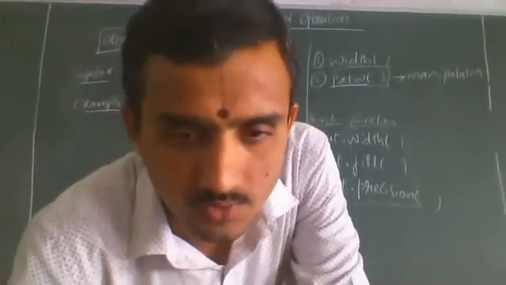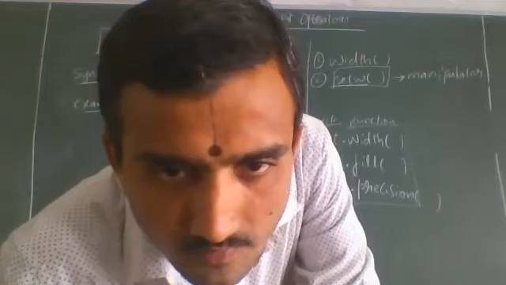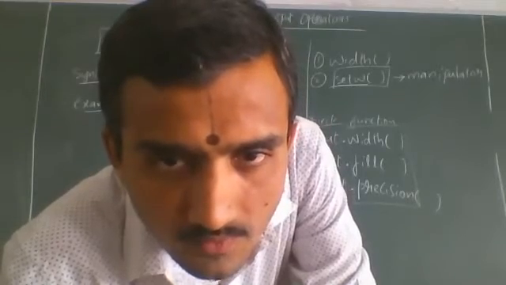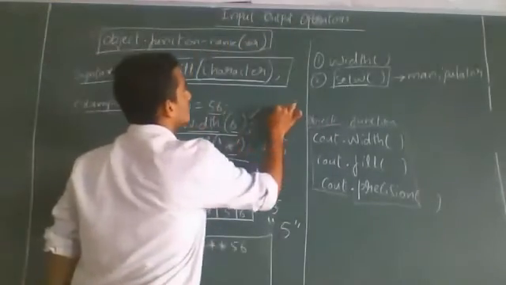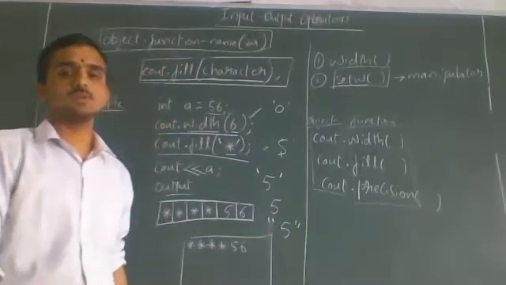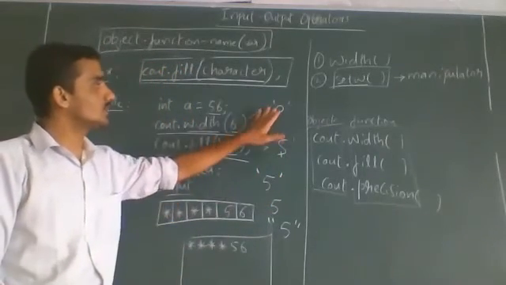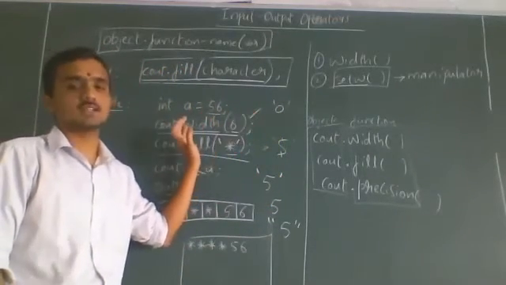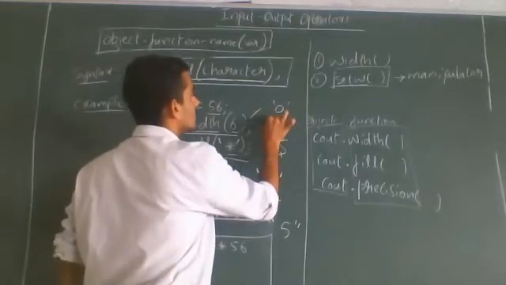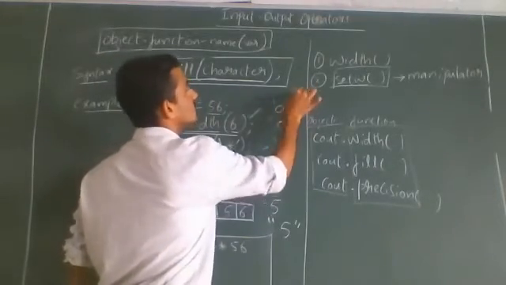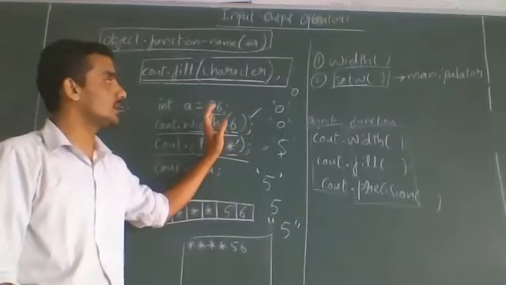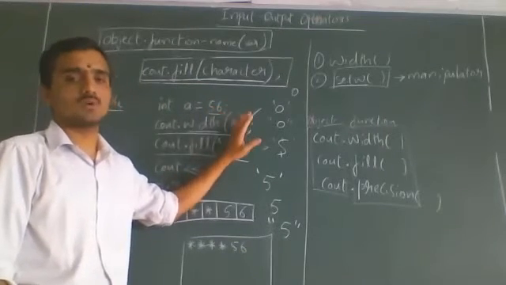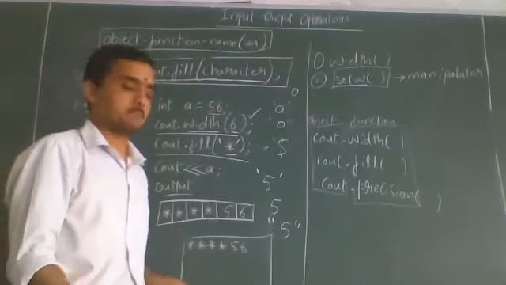Now, if you ask the doubt: if you write the value 0 also, you have to put 0 in single quotes. 0 is a digit. If you write it in single quotes, it will act as a character. If you put it in double quotes, it will act as a string. Without any symbol, it will act as a digit. So digits 0 to 9 you can write in character format, string format, or integer format.